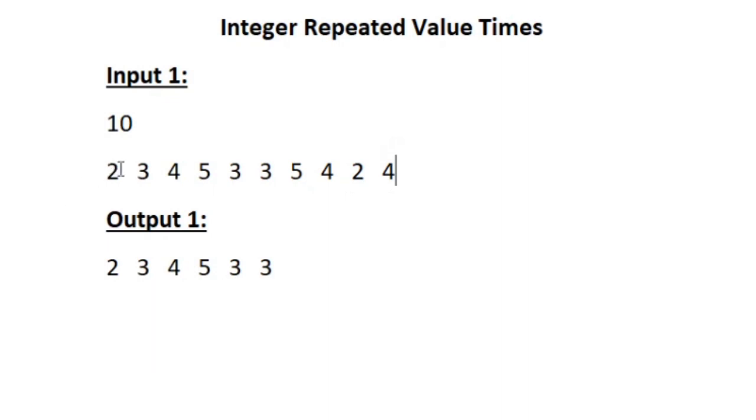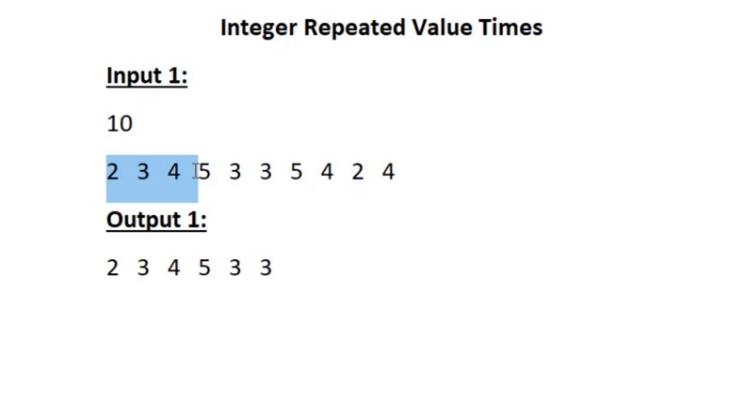So we have to start checking from the index 1. So at index 1 integer 2 is present, and we have to consider all the integers present before it. So here there are no integers present at the beginning, so the integer 2 has occurred only once. So we move to the next integer 3, and here from beginning 2 has occurred once and 3 has occurred once. So none of the integers has repeated until its value number of times.